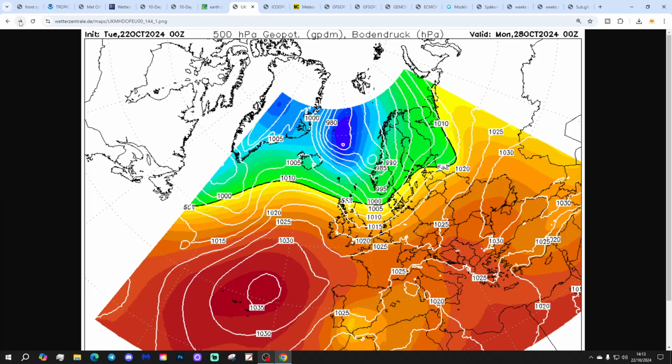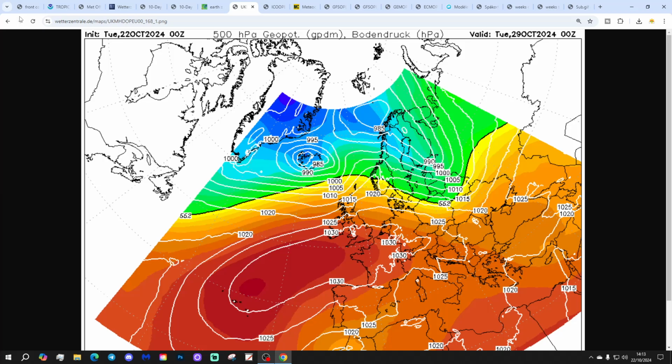Always more unsettled in the north, always driest in the south, closest to that area of high pressure. That's the setup at the end of the UK Met run, which today gets us to the 29th of October, with high pressure building back into the south, being mostly dry weather there. Still a little bit more rain in central Scotland, and mild in all areas with winds from a west or southwesterly